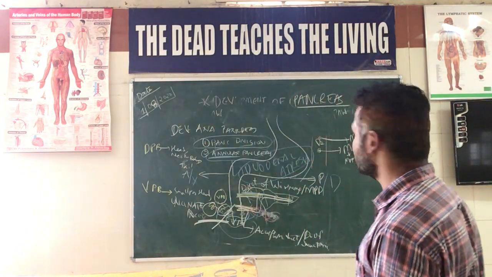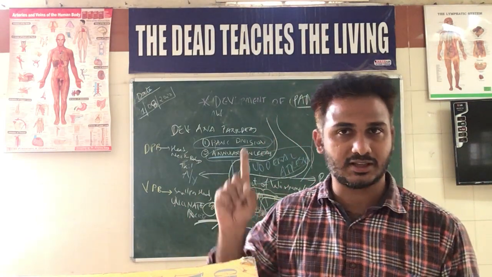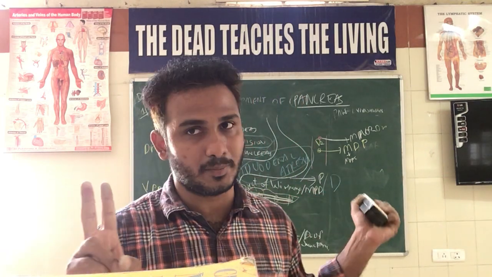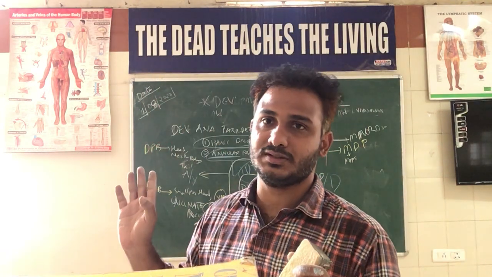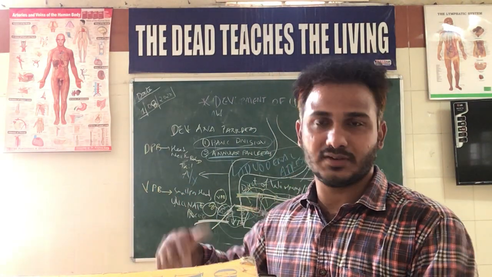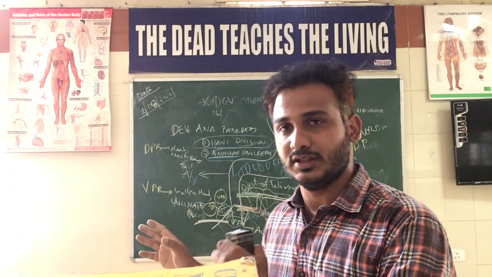So this is about the development of mesentery. We have discussed two topics. One is the development of mesentery, and the second is the development of the pancreas and the congenital anomalies. So this is the end of the present session. We will discuss further the other relevant GIT embryology related aspects. Thank you very much.